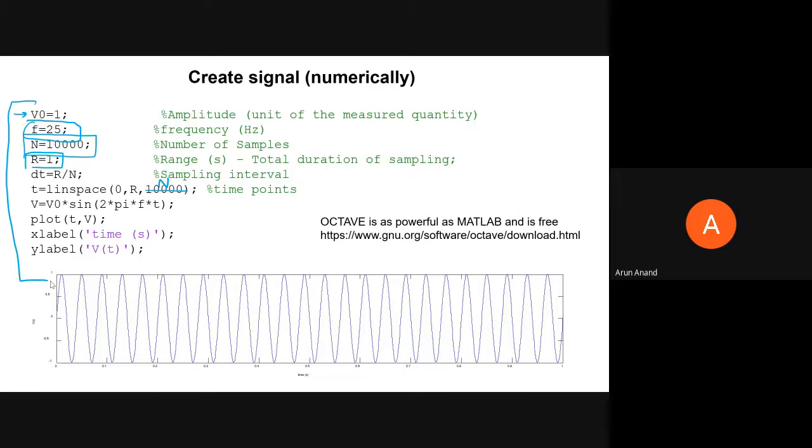Because, for example, let's say you are using a function generator to create a square wave, or a sine wave. Let's talk about a sine wave. So you are basically using a function generator to create a sine wave. Is it really a sine wave?